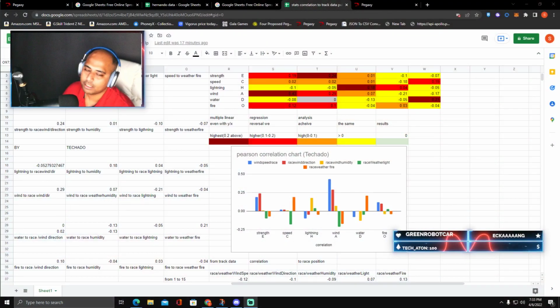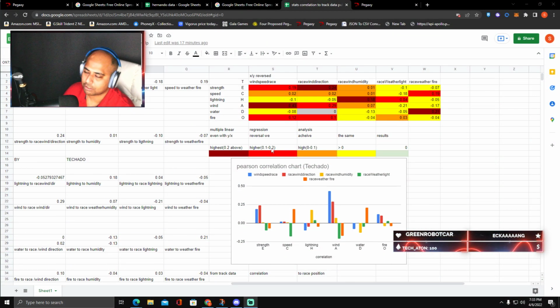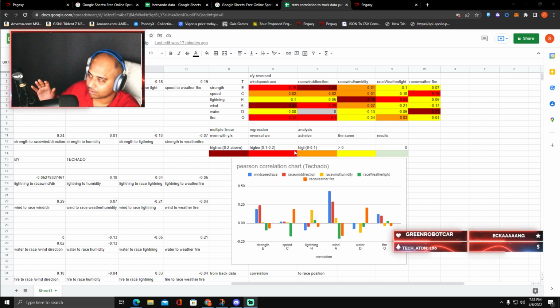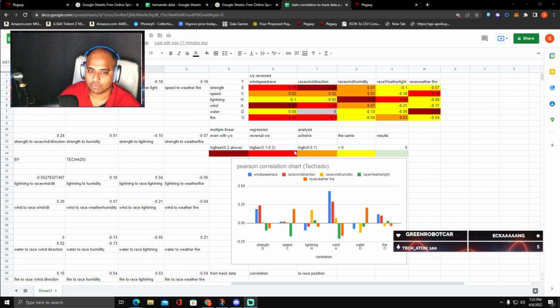So basically, we were talking about multiple linear regression analysis, which is basically how strength is related to wind speed, wind direction, and all that stuff, right? So strength was very important, because it was getting correlated to higher wind speed and higher wind direction, and we saw all of this